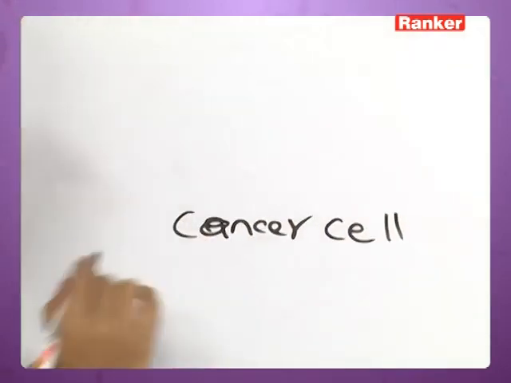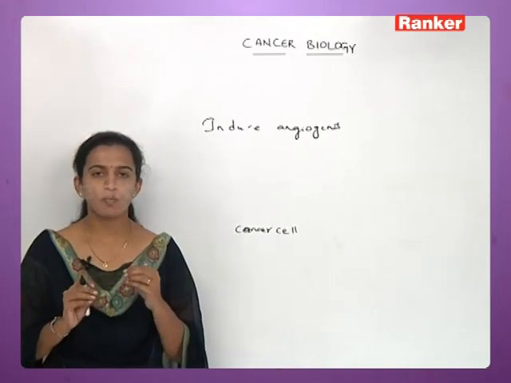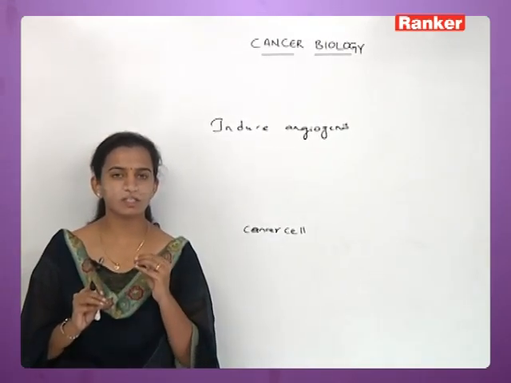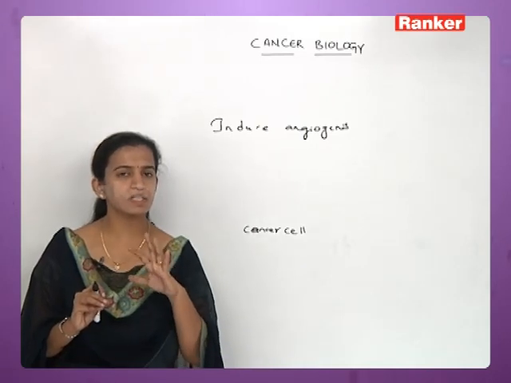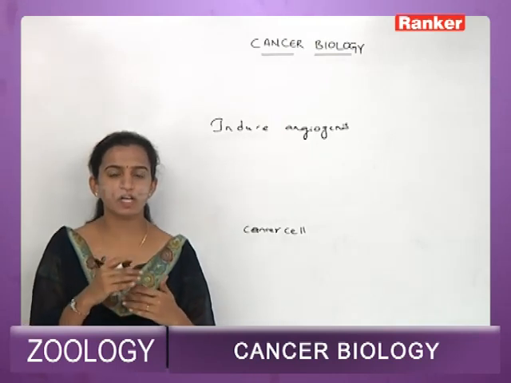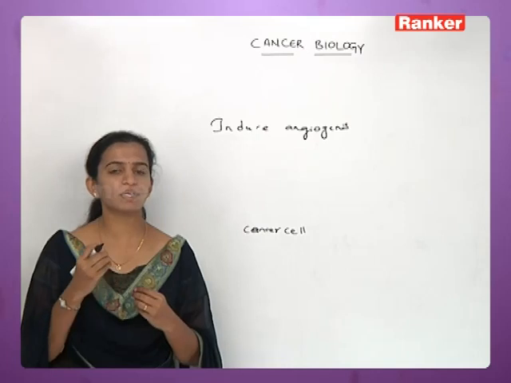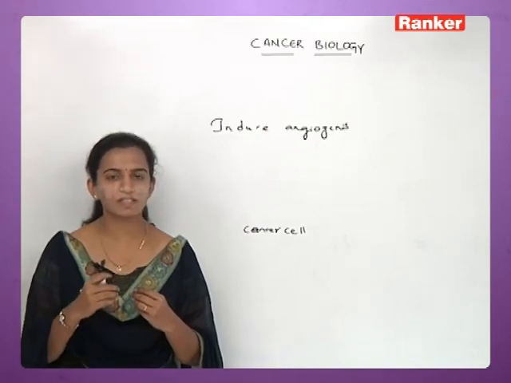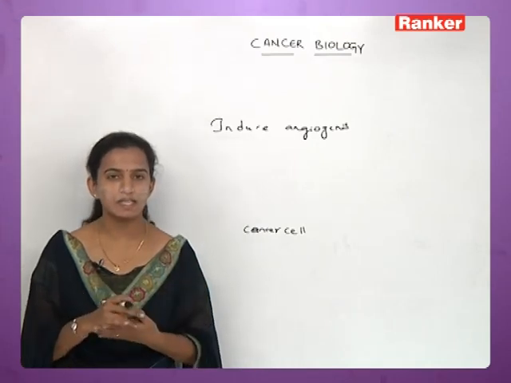Cancer cell. What is a cancer cell? It is a growing cell. So in our body there is a tendency that if there is a growing cell, all the blood vessels will enter into that. That means whatever blood vessels are present in our body, new capillaries will be formed out of those vessels, and they reach the place wherever the division of the cell is taking place.